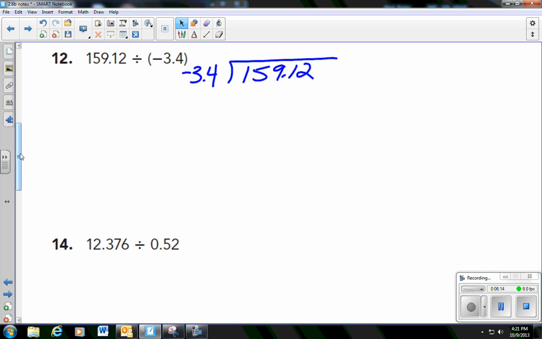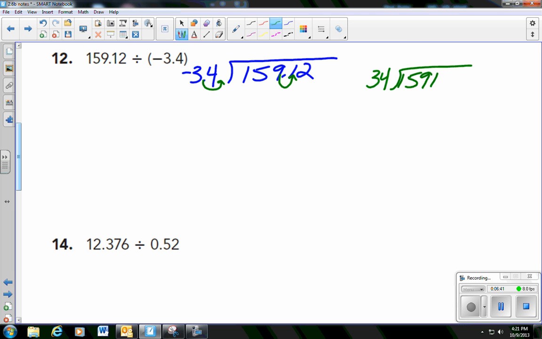So the outside number being 3.4 does us no good. So we need to move that decimal to make it an integer, a whole number, positive or negative, by moving it one place to the right. What you did was you multiplied it by 10. And if you multiply the outside number by 10, you got to multiply the inside number by 10 as well. So we have 34 now on the outside, and